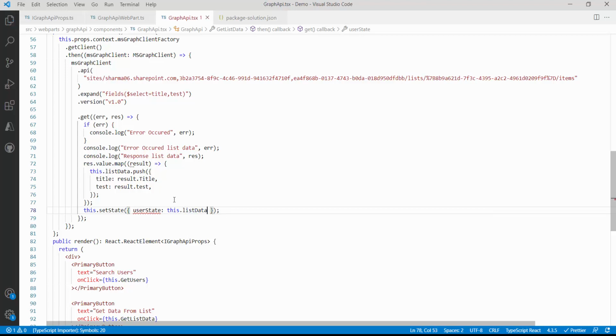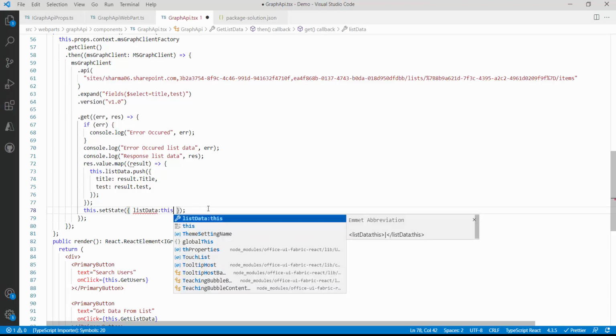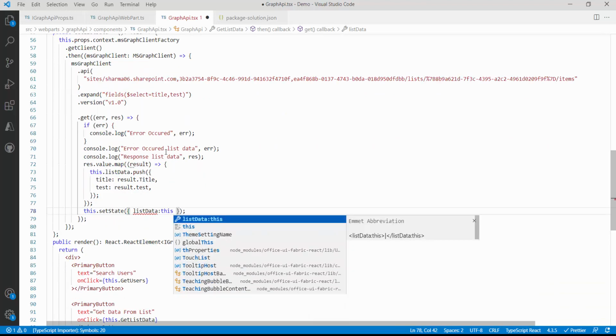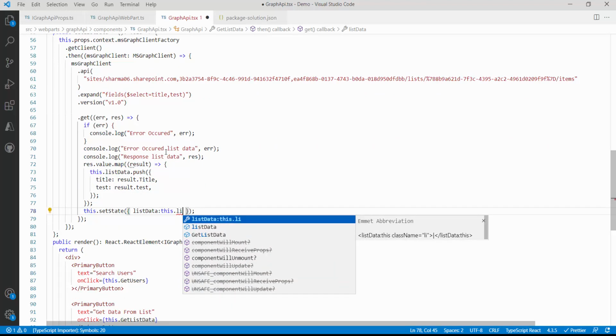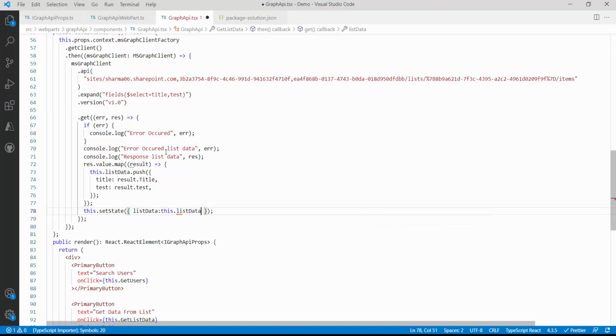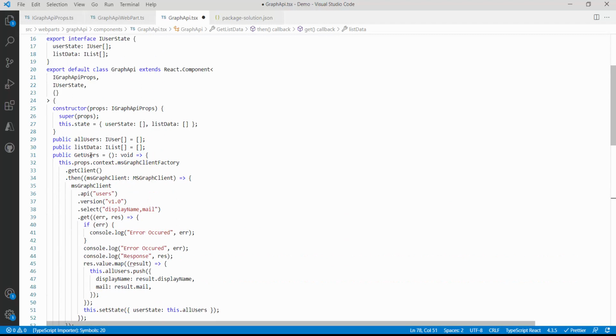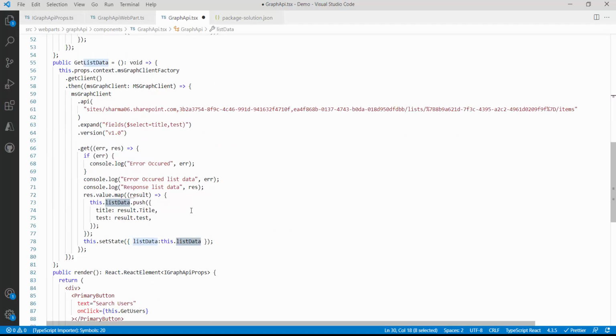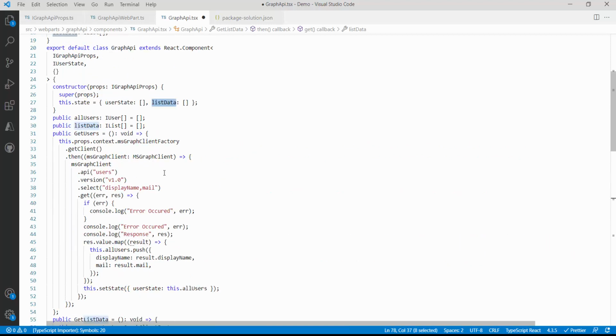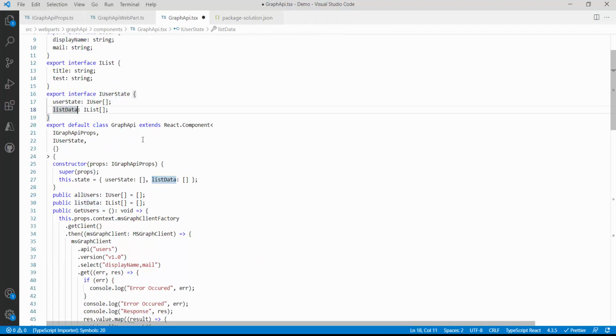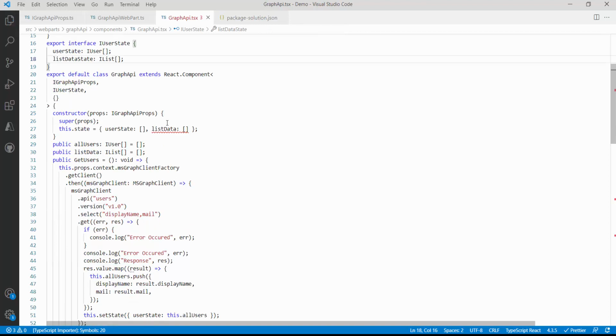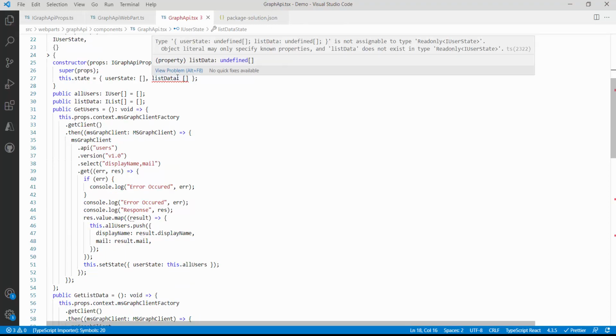Yes, this dot setState over here, this dot list data, and here also let me change it entirely. What I have to change, this dot setState list data colon, and here I am having this array which I have created called this dot list data. Yes, let me check it again just to avoid these errors. This is dot list data. Fine, and this is my state. I want to do one thing just to avoid the confusion. I will put state also. List data state.